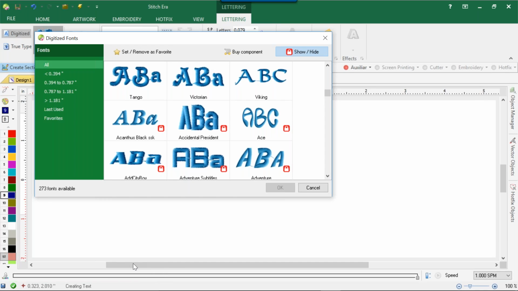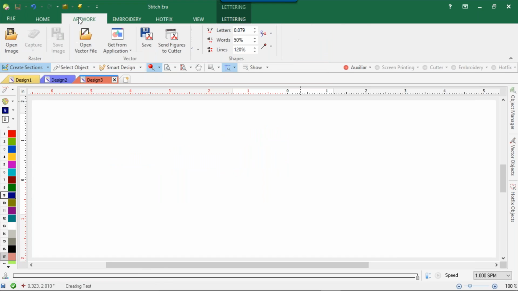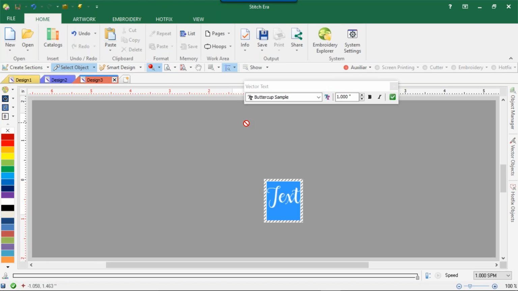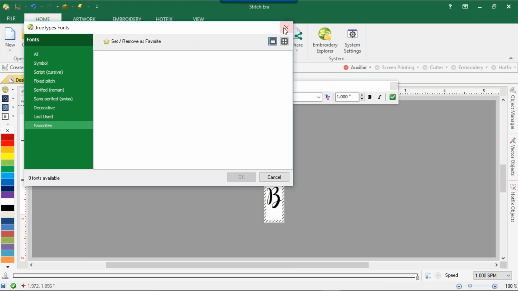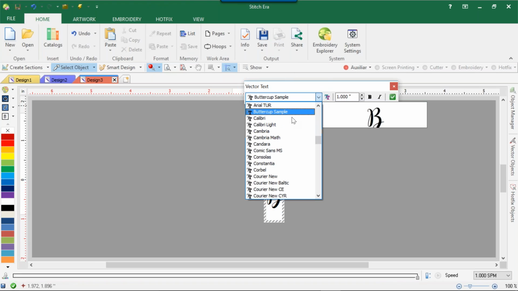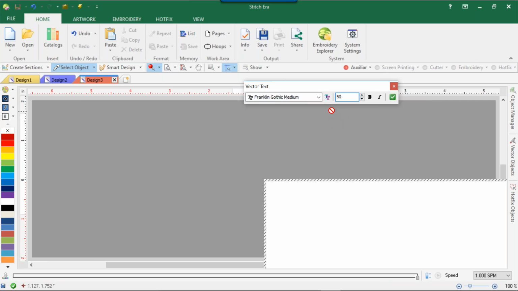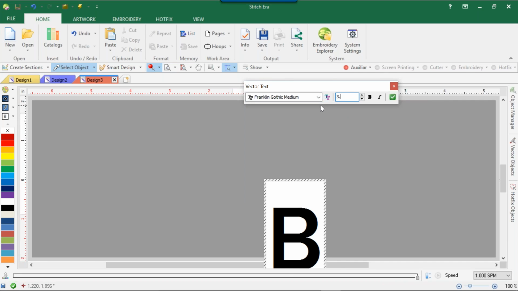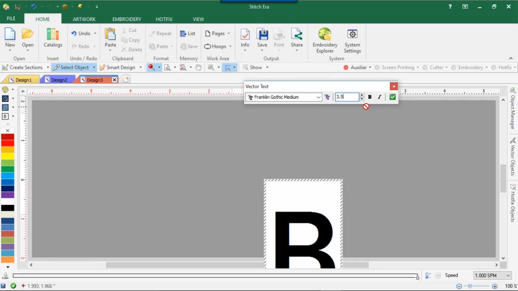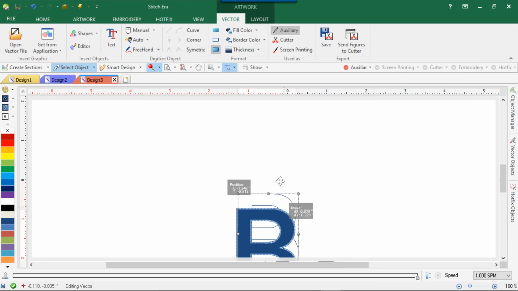An E-stitch is basically a simulated applique stitch, okay? I'll show you what it does. I'll go to artwork, I'll do the letter B, and we'll choose something heavy, something like this. Let's go with a 3.5 inch, not a 50. Okay, and we'll hit the check mark. What an E-stitch is